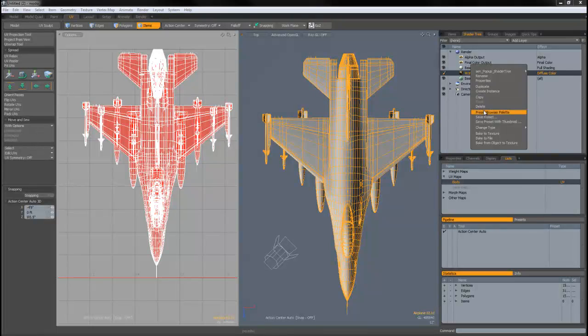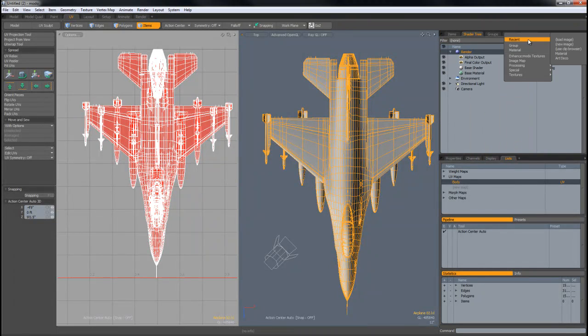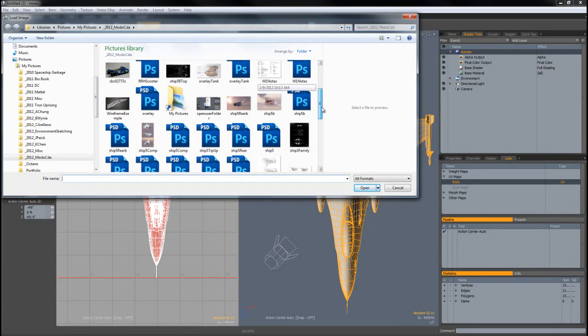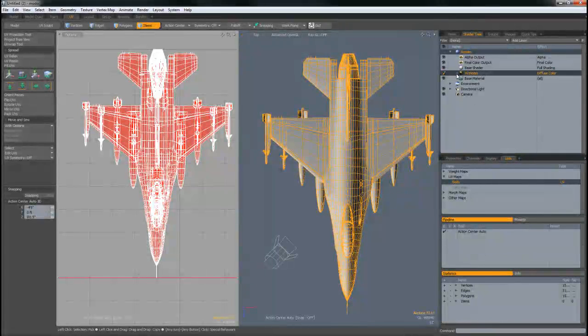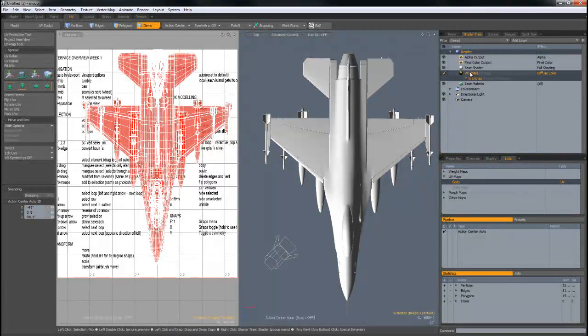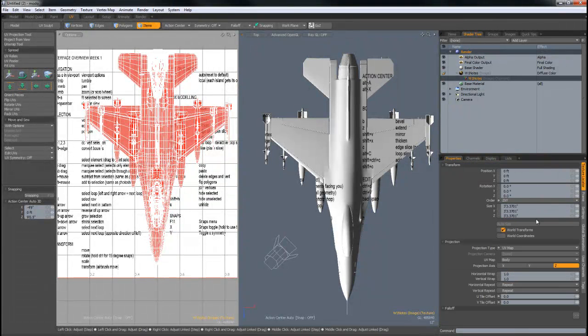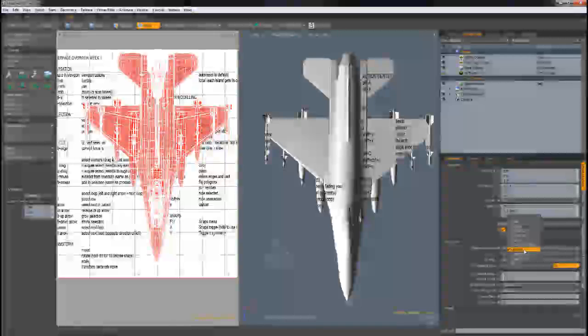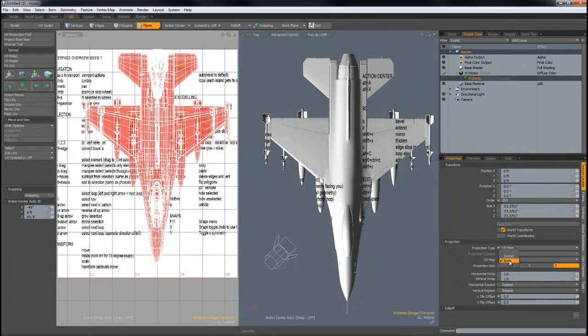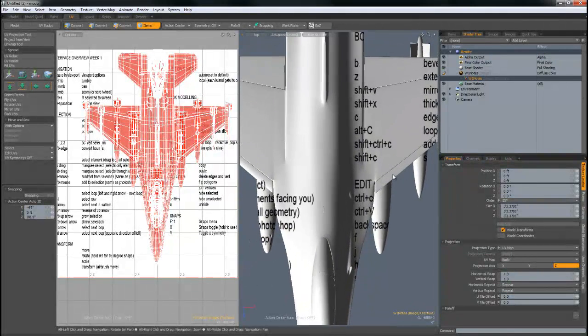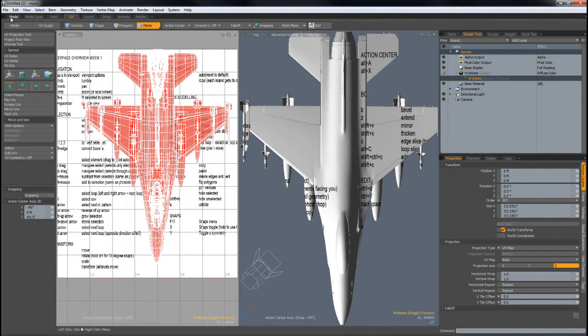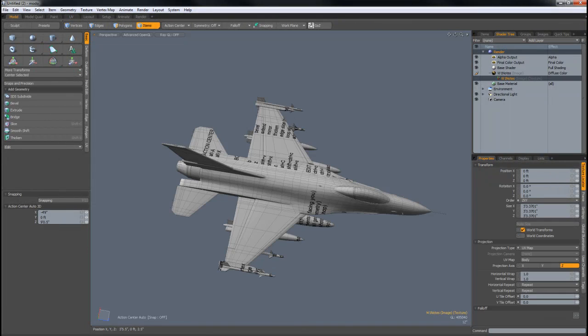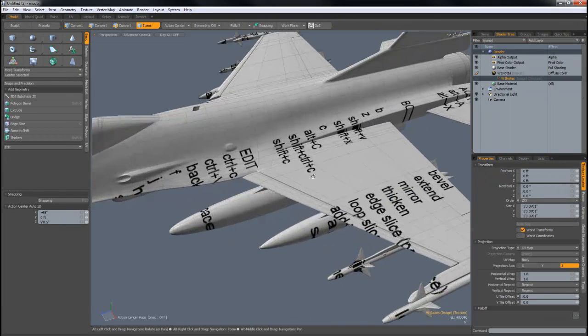Alright, I'm going to start over with the image, so delete that image, add a layer, image map, load image, and then grab the notes or whatever you have, and then open that up, go to the locator. There you go. It's already on UV. Make sure it's on UV, and then make sure you pick the name of the one you just made, so it's on the body. And now I can close this, go back to regular model view. So now you can see how the texture has been applied,